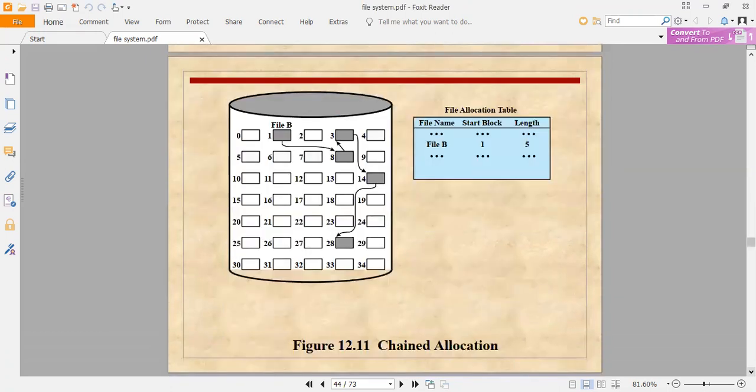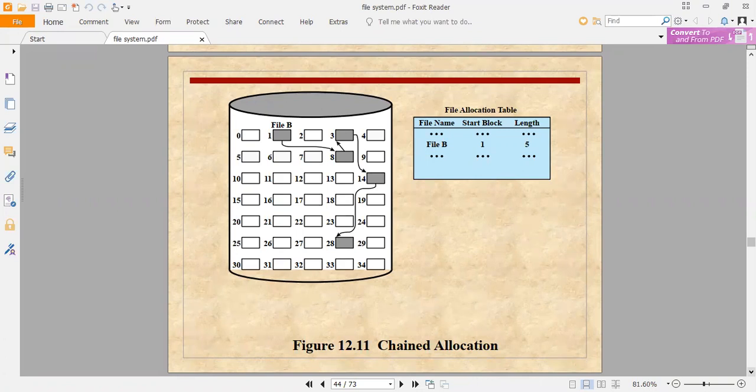So moving ahead, next we have chained allocation. When we are talking about chained allocation, also termed linked allocation, each file is a linked list of disk blocks. So here the concept of a linked list comes in. The disk blocks may be scattered anywhere on the disk.